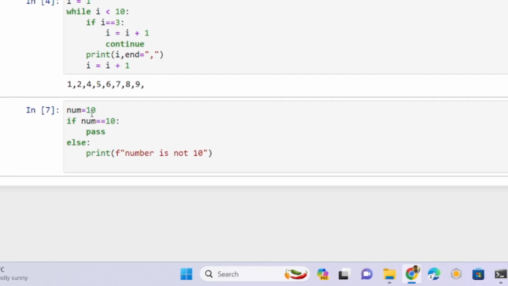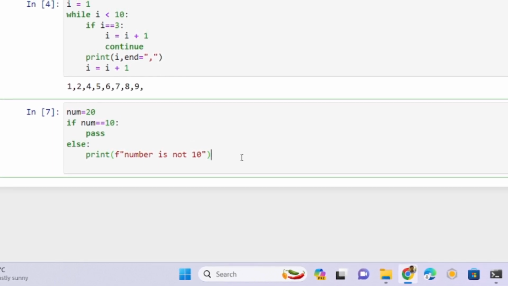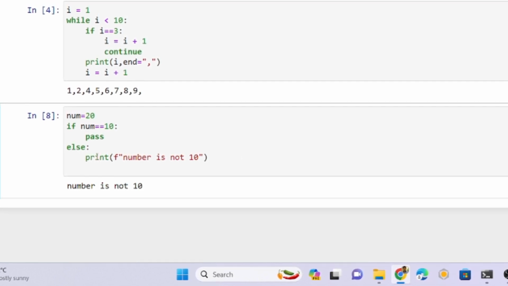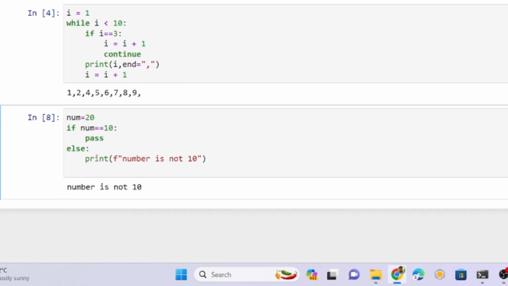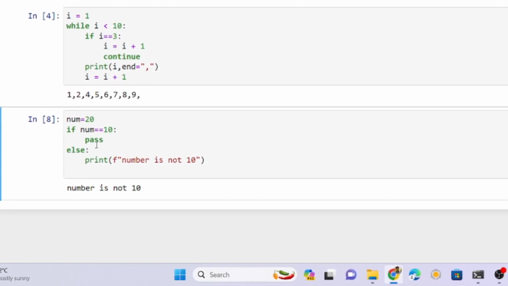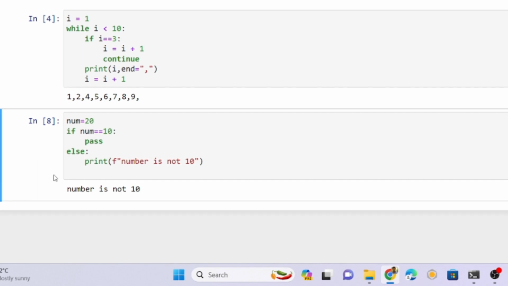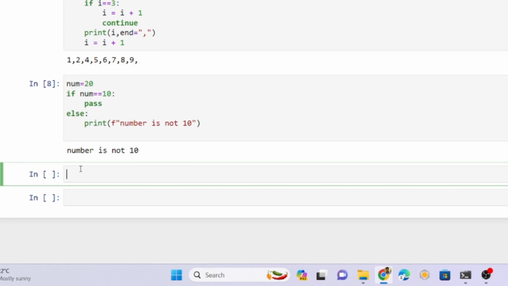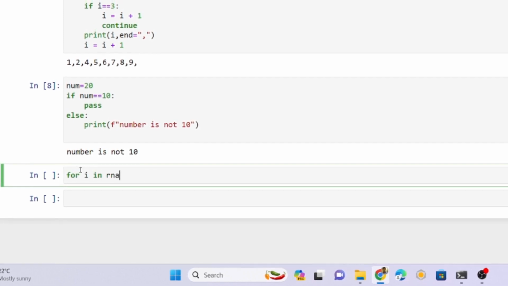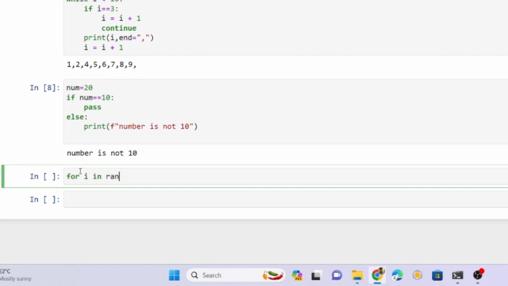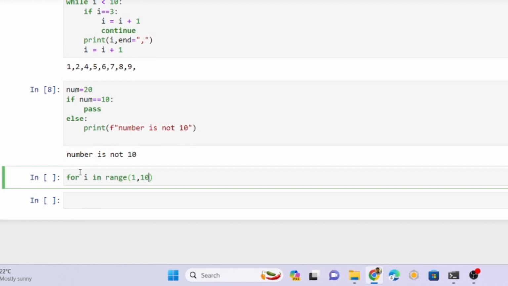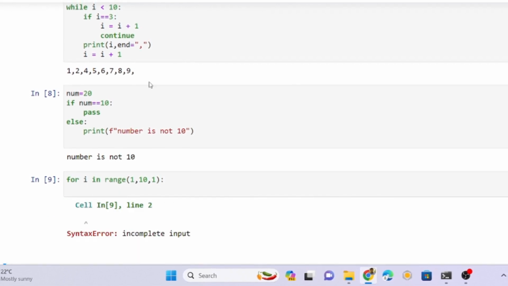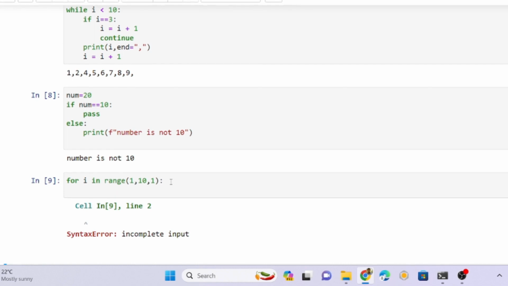Now I am making it 20, the number is not 20. So either if block or else block, in some cases if it is empty, give it as a pass. Any block. Now let us see the for loop. For i in range 1 to 10, like this. It is an incomplete input.